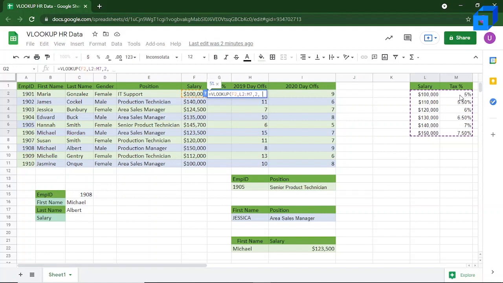And since we are looking for approximate values, the argument over here will be true. So here we can see that the tax percentage for 100,000 is 5%. Let us use the fill handle to fill these values as well.